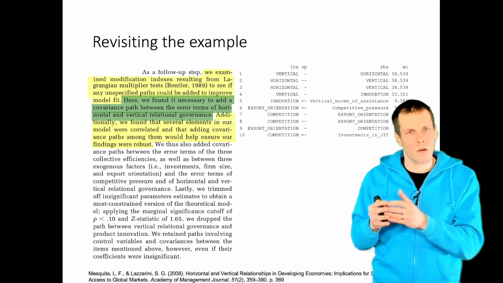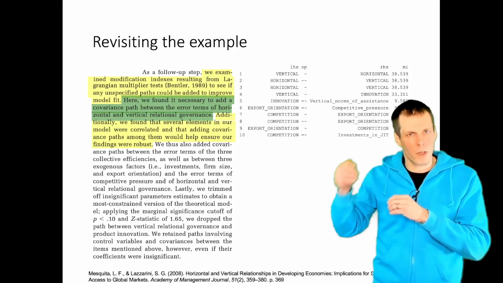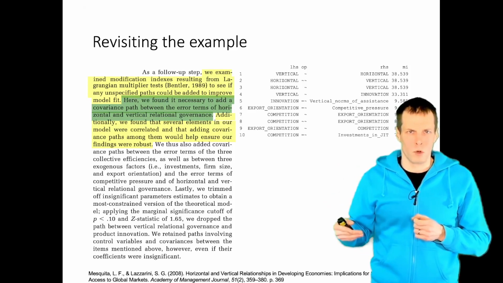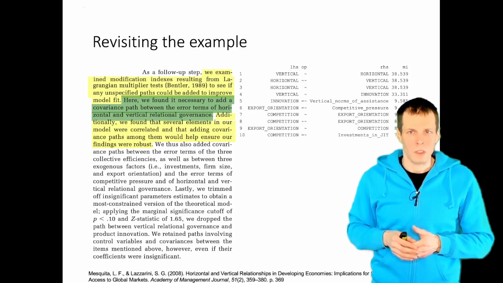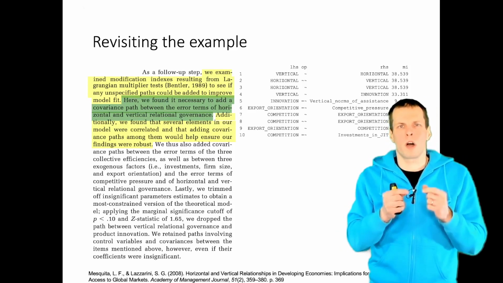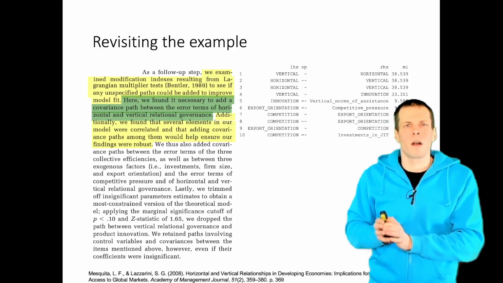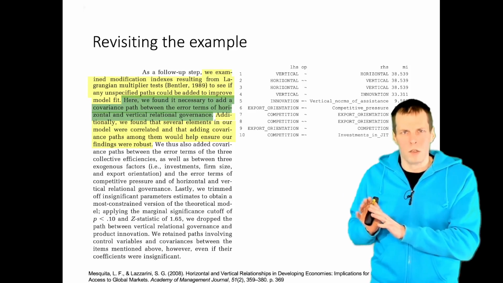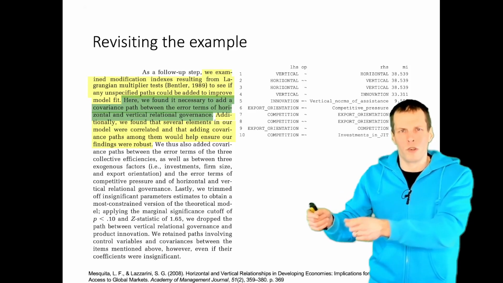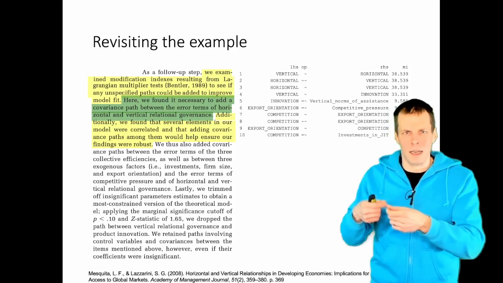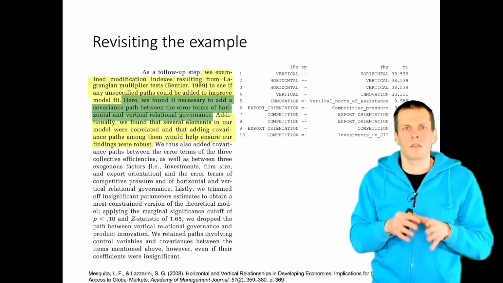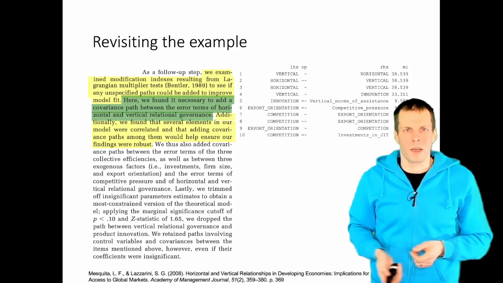So if there is no theoretical reason for a path to be there, if a modification index suggests adding a path, it's probably a misspecification that you would do, even if it makes the model fit better. The second thing is that when you modify your model based on your current sample, you are not making the results more robust. You are making the results less generalizable because you are fitting the model more and more to your specific sample, and you're adding sample idiosyncrasies, which makes the model less generalizable. So simpler models generally are more generalizable than complicated models.